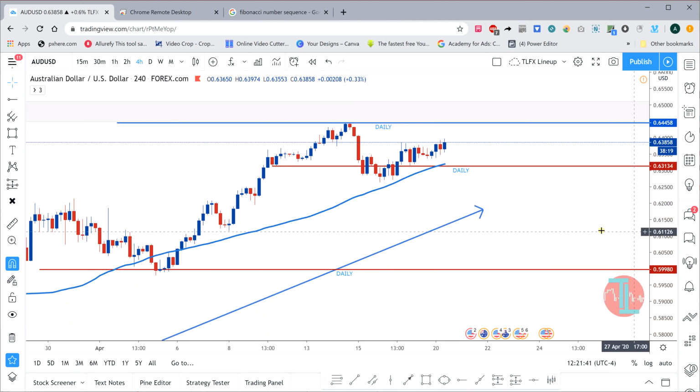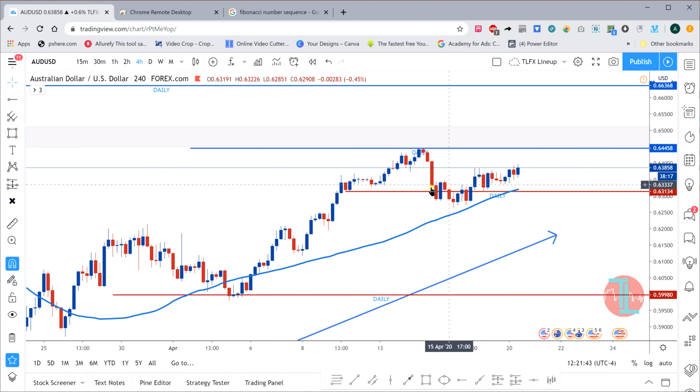All right. So what we have here is the same thing. We have this daily support marked. I know it's support because it's red and it's below price. So it's support, but all this stuff here would have been the wick on the daily. All right. So then what we do is we say, all right, we're going to go ahead and cover up the rest of this. And this is just an area